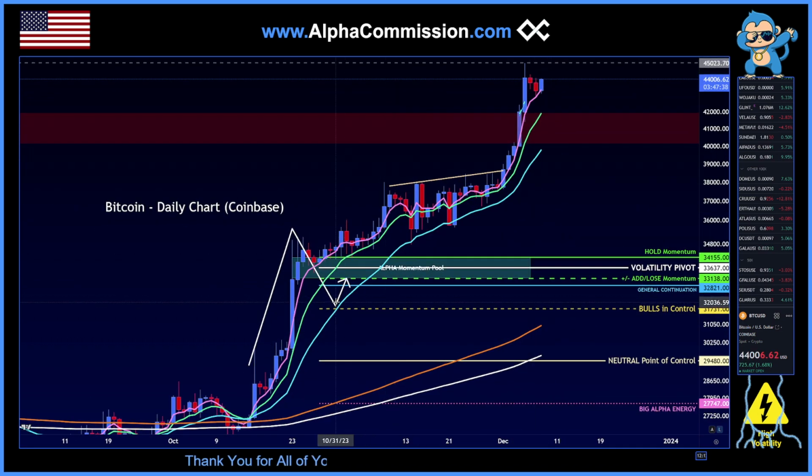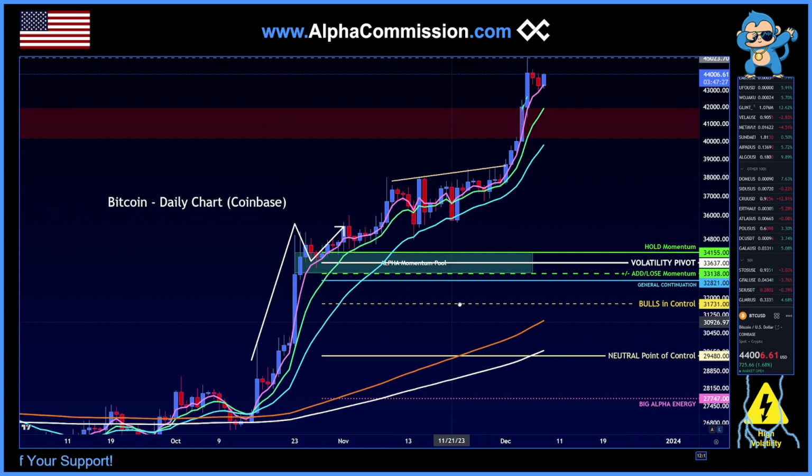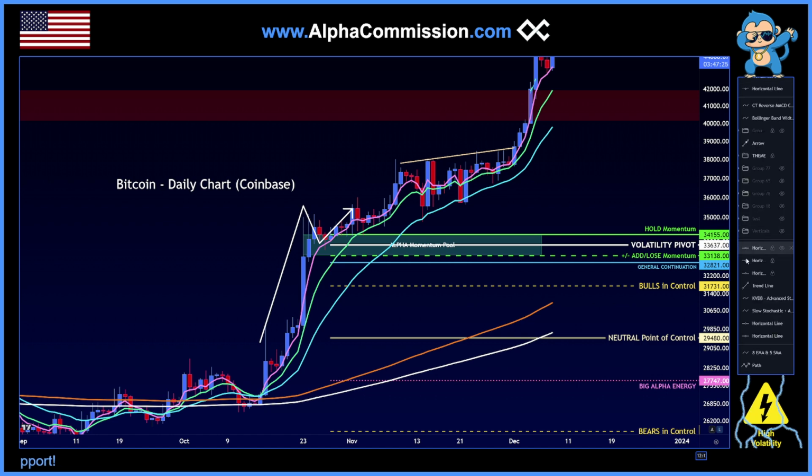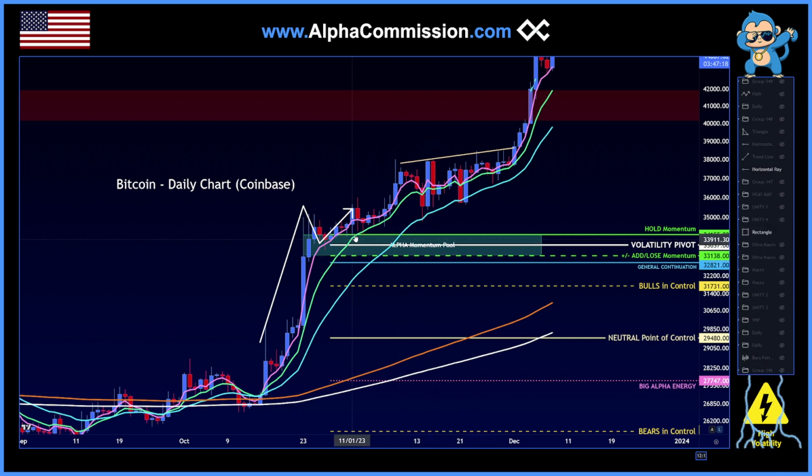Now, because we did not break down from momentum, we did not lose momentum, we did not violate the MACD, this was just one continued move from an earlier area. And so I'm just trying to teach you these principles in terms of how I would trade momentum safely. Yes, you could take a long there on the reclamation and the confirmation of that hold momentum level above the pivot because everything's in your favor, including the EMAs,